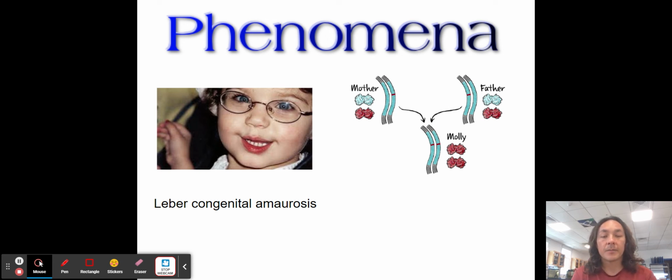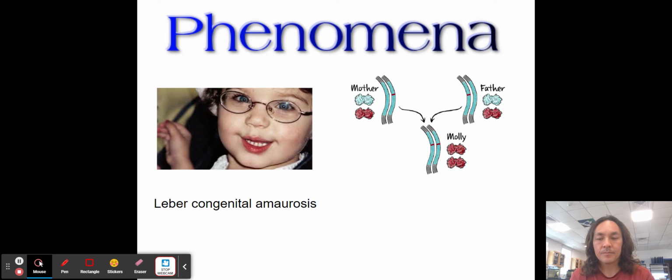Both her mother and father were okay because they have enough of the dominant protein, this blue one, that their eyesight is okay. But Molly didn't inherit a dominant allele. She inherited two recessive alleles, and those recessive alleles are denoted in red here. The actual gene that's affected is called RPE65, I believe, and it's a protein that works in the back of